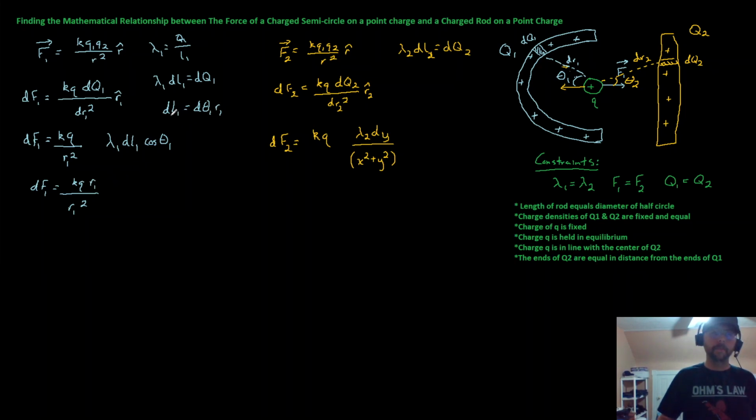And lambda also does not change, so we have lambda sub 1. So we had lambda for dl, that's r d theta, and then we have cosine of theta. So left inside the integral, we just have cosine of theta sub 1 d theta